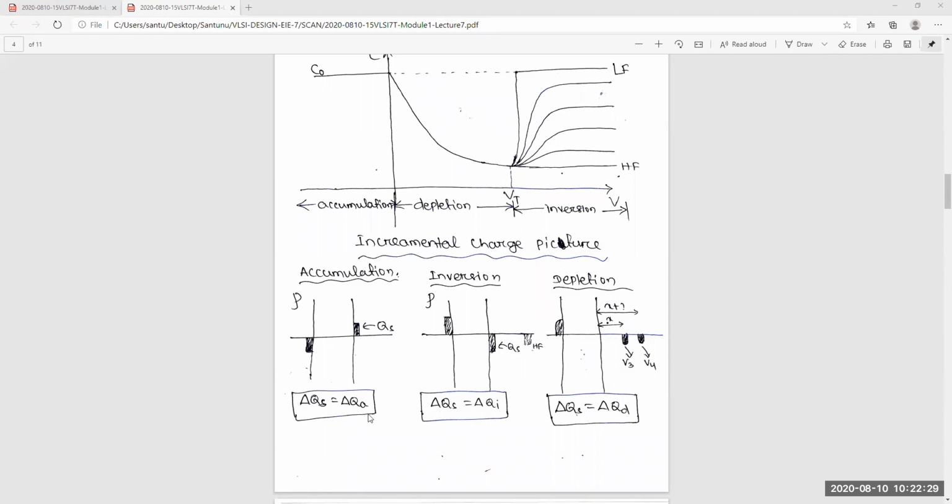Okay, so that's why it is constant. But here in inversion also, when you are changing something, this is positive, you are changing. Here also you are getting a very low frequency. So this is QS. Why is it here at the surface? Because at inversion, this charge is nothing but the mobile carriers. Okay, it's thermally generated mobile carriers.